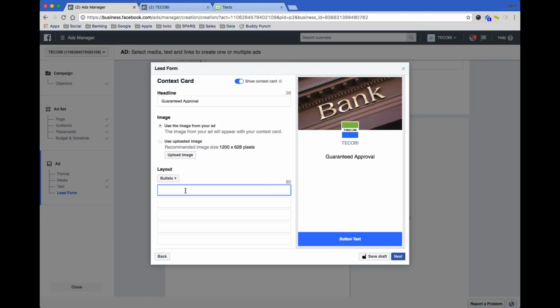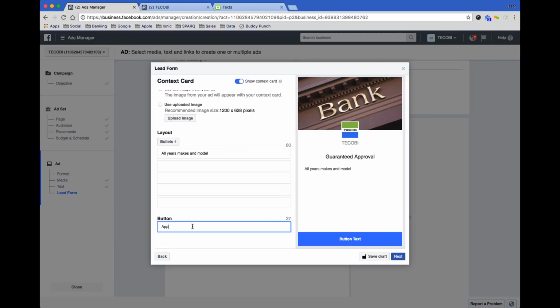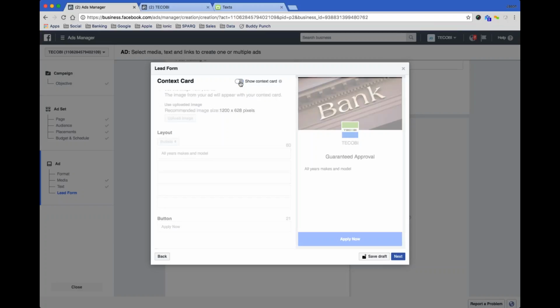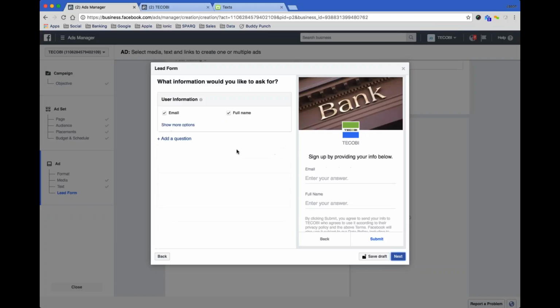So let's say you do bullet points. And you could basically just bullet point, and change the name of your button at the bottom. It's really just an informational card. I choose not to use them because it's just an extra click to get the lead. So I leave them off.